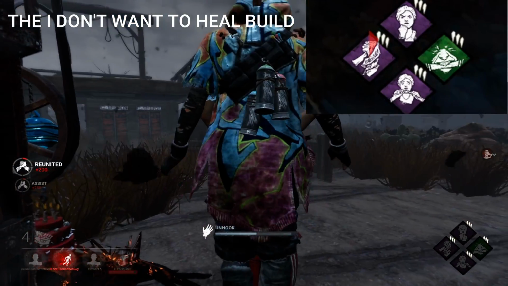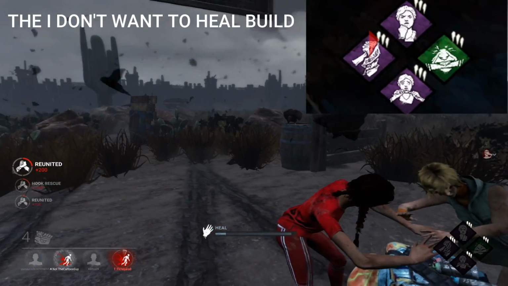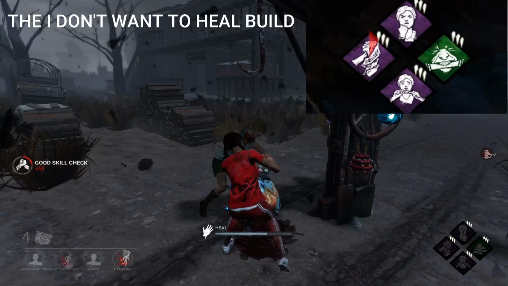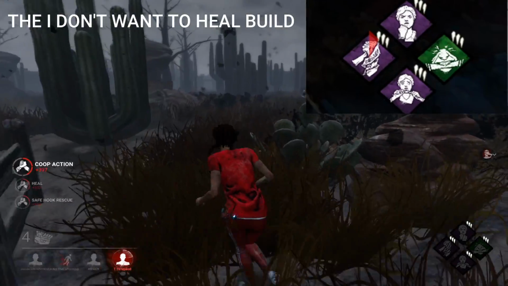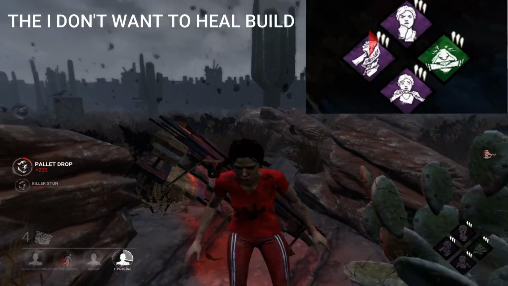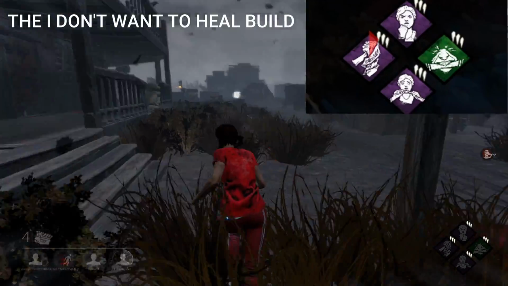Alongside our second two perks, Resilience and This Is Not Happening, you become increasingly powerful when in an injured state. With Resilience, you're going to gain bonus percentage to repairing, healing, sabotage, unhooking, vaulting, cleansing, and gate opening, as well as chest searching actions. This Is Not Happening also makes skill checks bigger and great skill checks larger on generators,